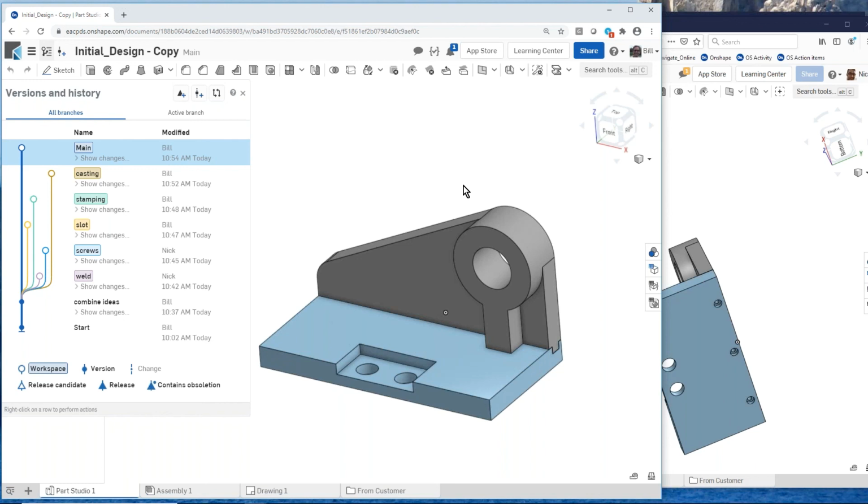Okay, thank you, Bill. That was a great demonstration. In my opinion, branching is one of the best functions that Onshape has, so I always enjoy watching these demos. I don't see any questions in the chat right now, but if anyone thinks of something later on,